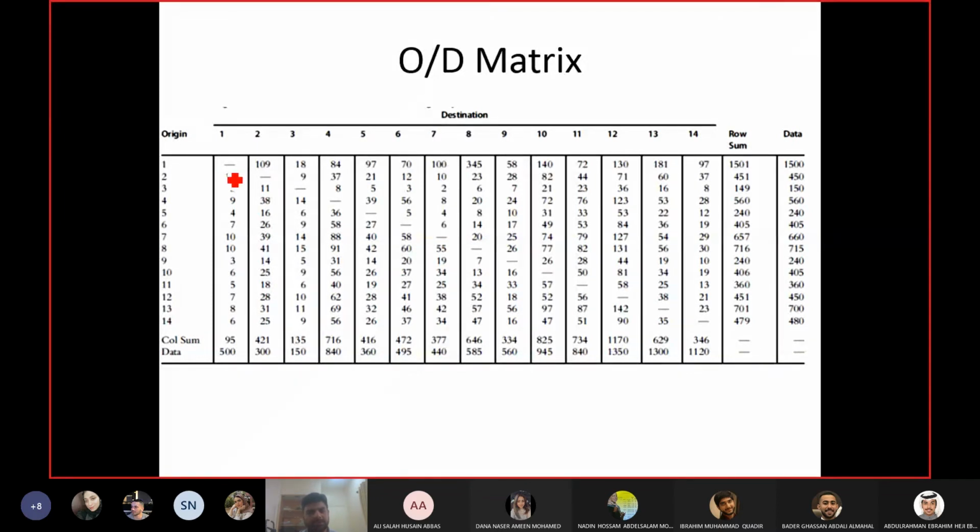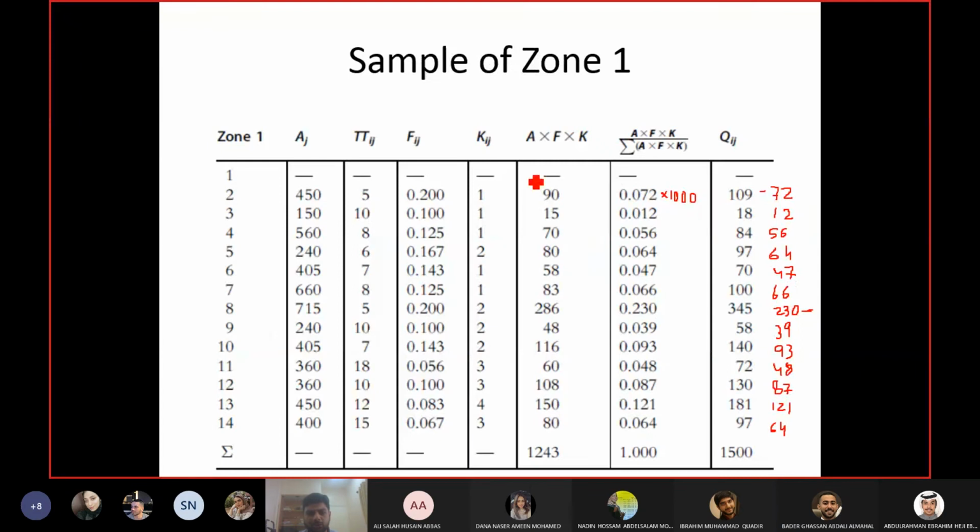Now you can see these are dashed lines. Why? What are these dashed lines indicating? Which trips are these? Can you tell me? What is indicated by the same zone? The same zone trips, and obviously there is no way that you can calculate these numbers using this table, right? Within the zone calculation is not included here.